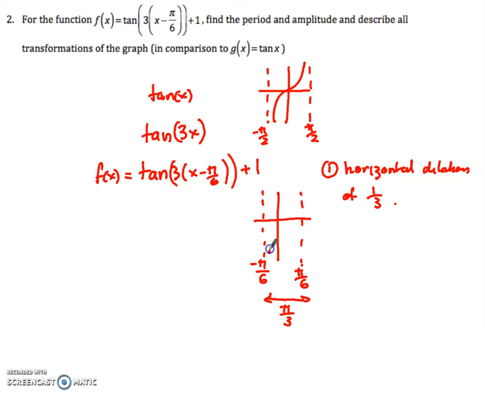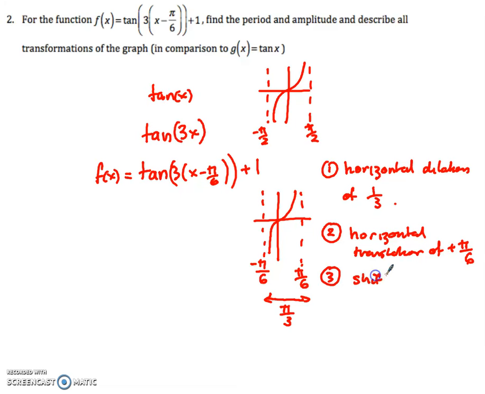So over here was our previous tan function. We can break that translation down into 2 parts: a horizontal translation of positive pi/6, and then also a vertical